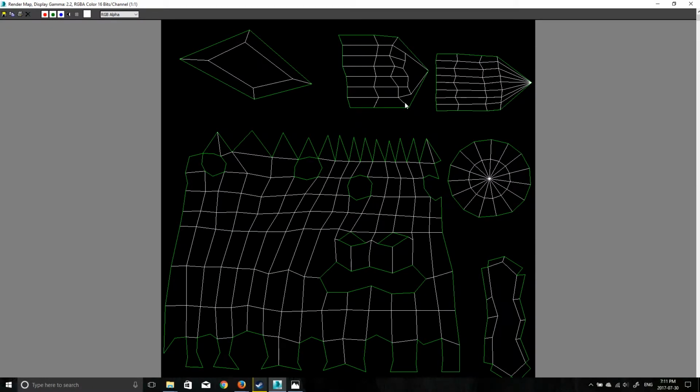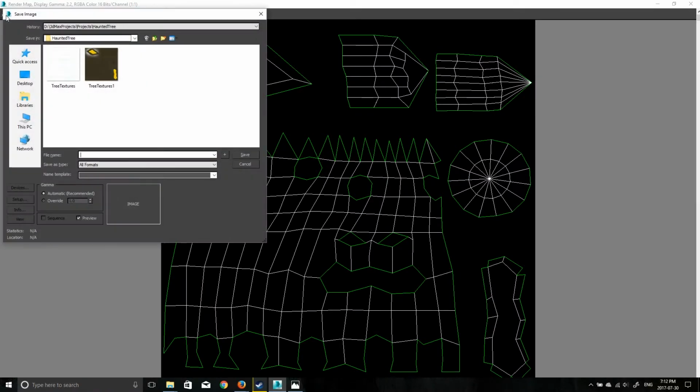Here you can see the 3D Max has generated the image of the UVW unwrap. As you can see, we have the eyes over here, the mouth, the skin of the tree, top of the view, and the branches. So here we're going to save the image,